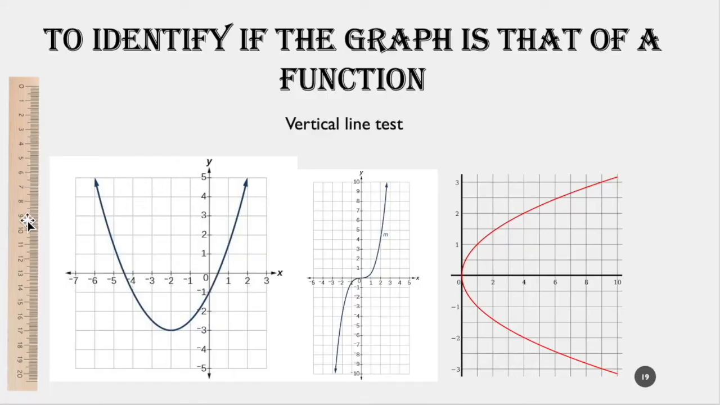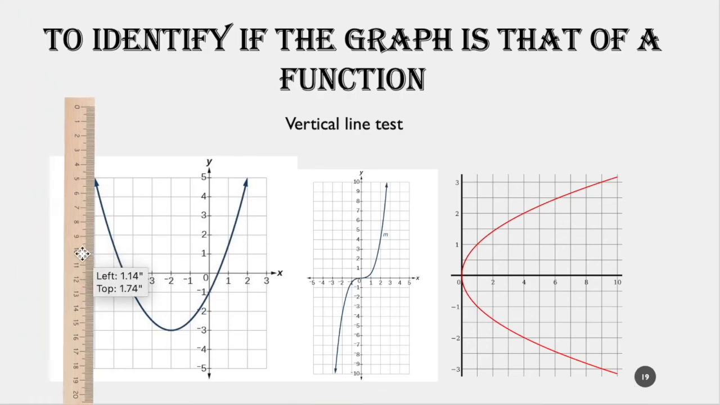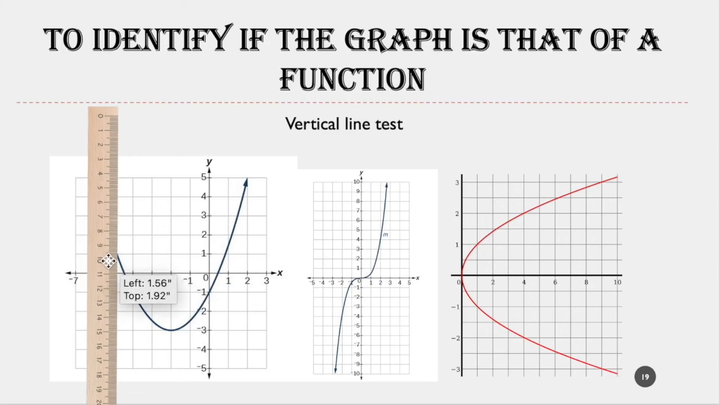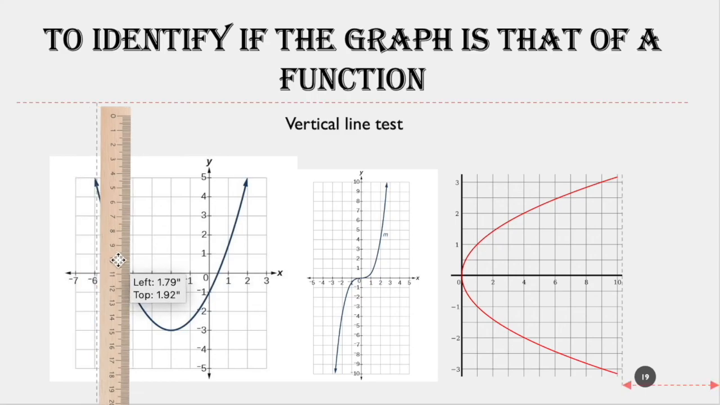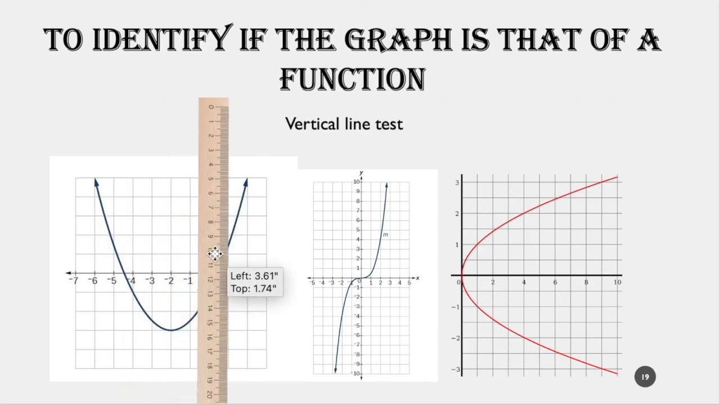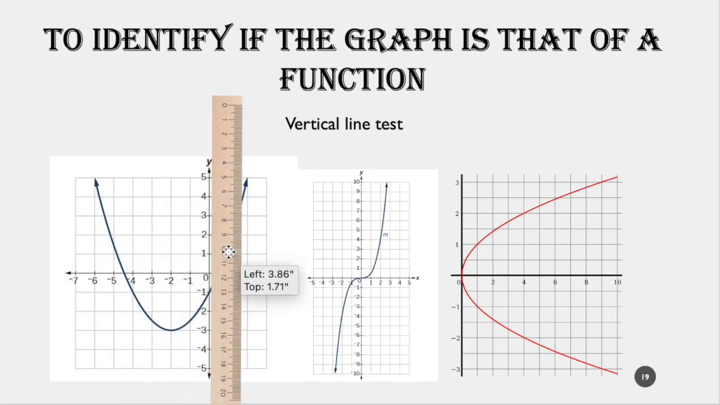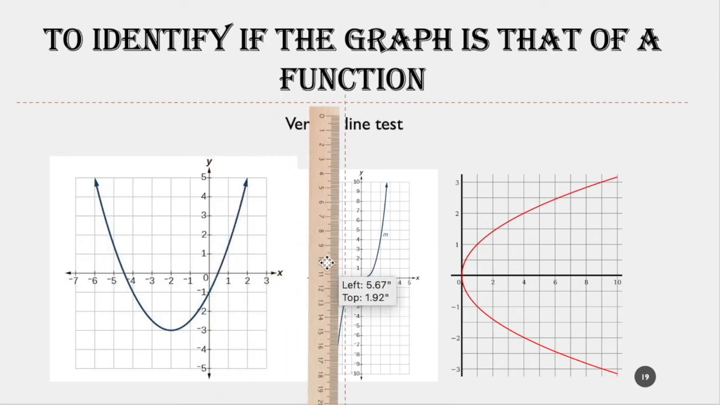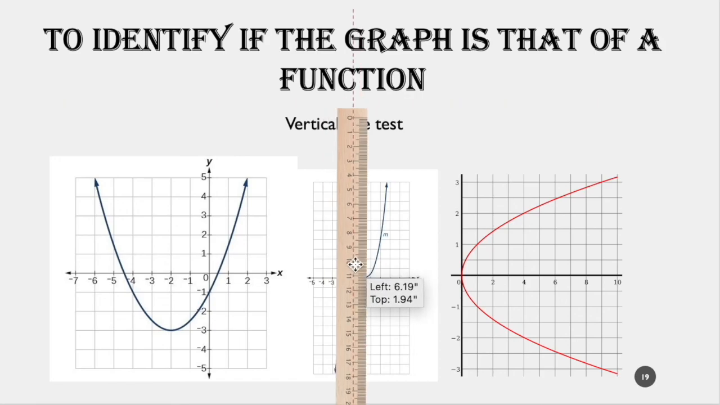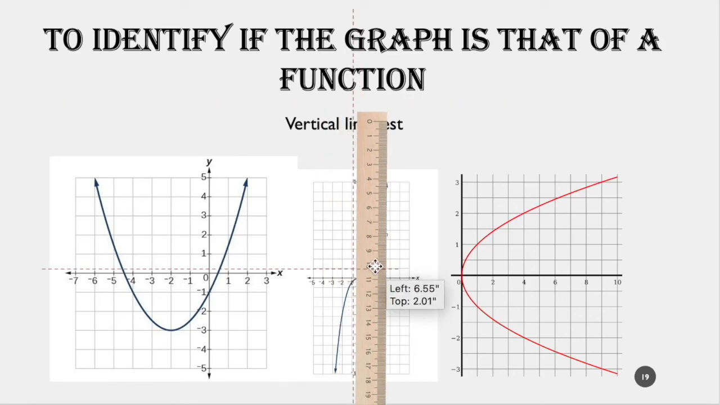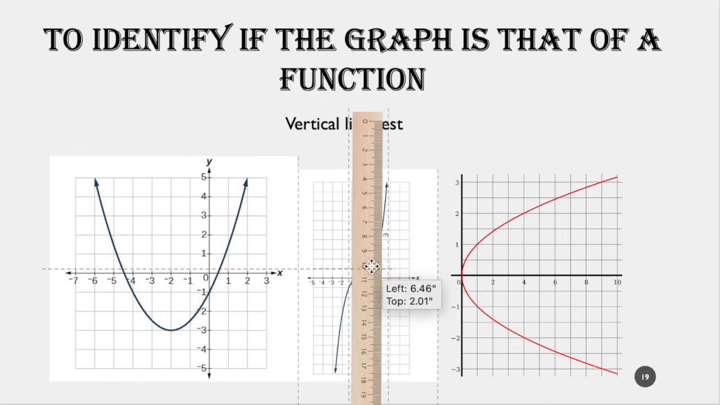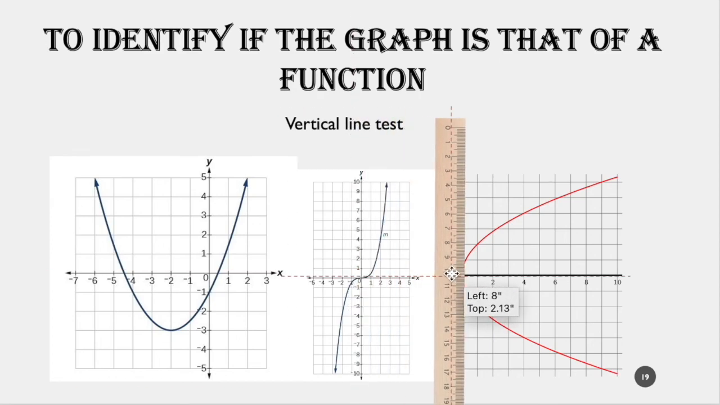So let's look at a few more graphs and identify if each is of a function or not. What we do here is simply do the vertical line test and see if this ruler intersects the graph at just one point or at two different points. And we run this ruler through this graph. It intersects only at one point everywhere on this graph. If you look at this one, if we run the ruler through, this one also intersects exactly one point everywhere on this graph. And if you look at this one,